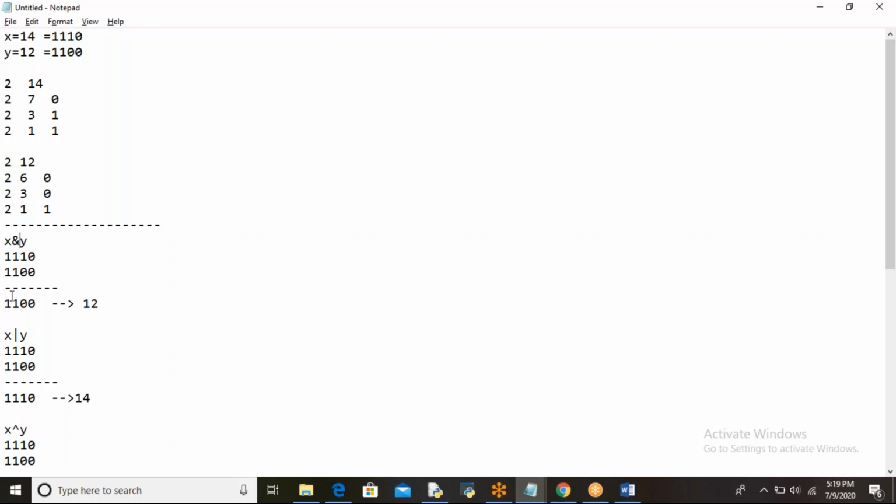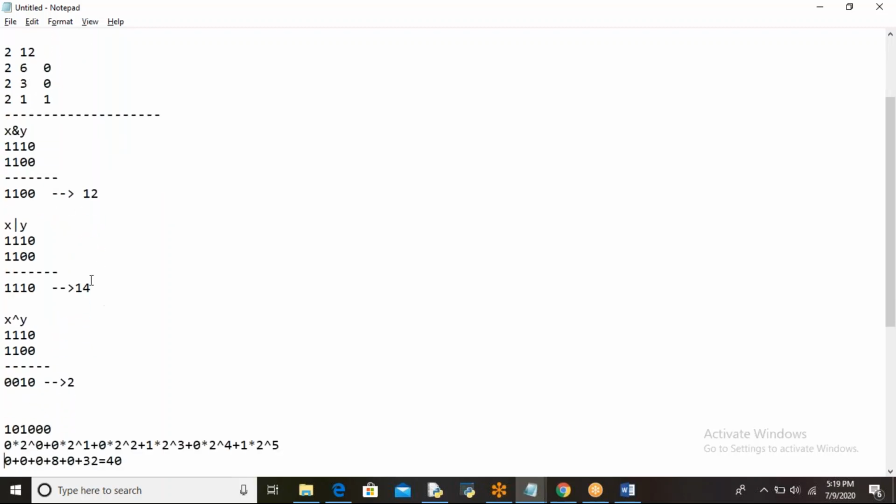Here both bits are 1, so 1. Then 0 and 0. What is 1100? 12, right? This is the answer for X bitwise AND Y. When you perform 14 bitwise AND 12, this is the answer you will get. We'll check it out in the program. Okay, let's first finish all this.